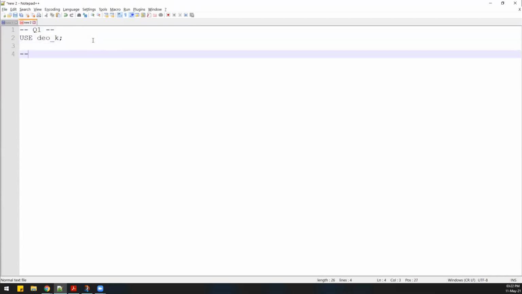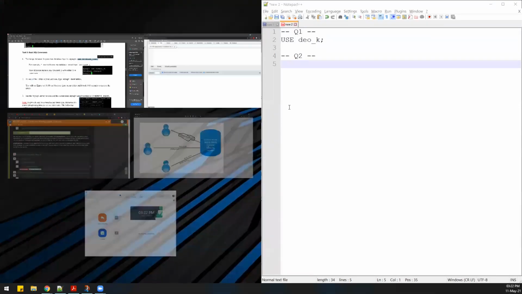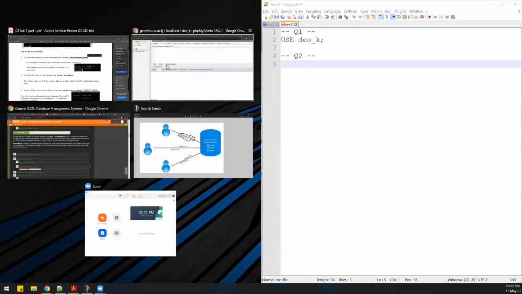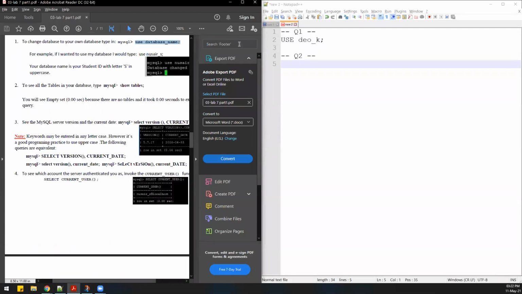Then query 2. So I'll open this on this side here so you can see it easily. Right, query 2 was to show the tables.